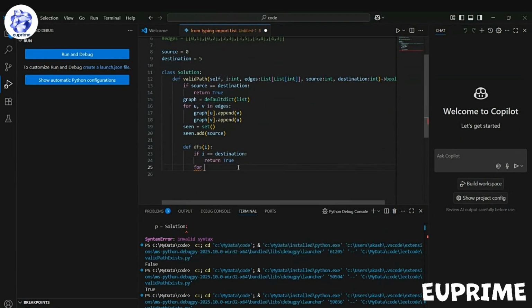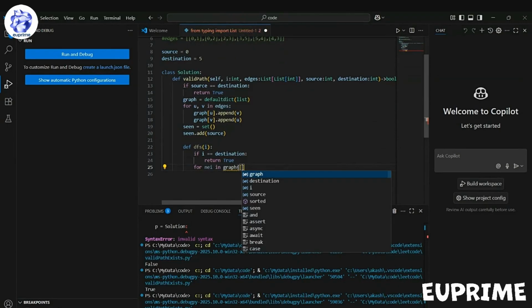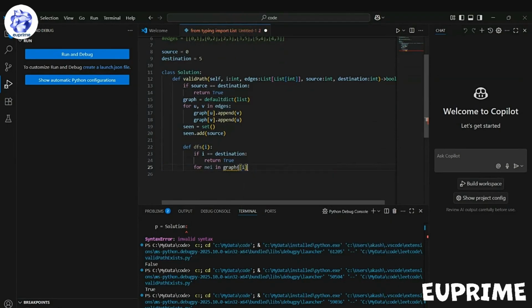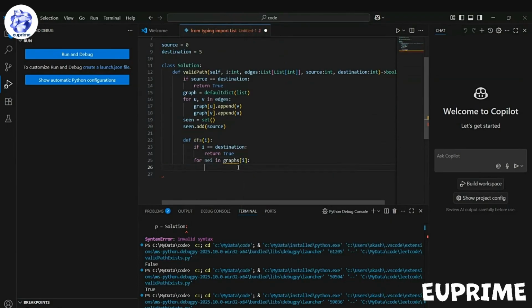If not, you look for neighbors in graph, and basically look for nodes in the neighborhood, as we described in the previous process. Where this nei is basically talking about the neighborhood, and we're looking at neighborhoods,